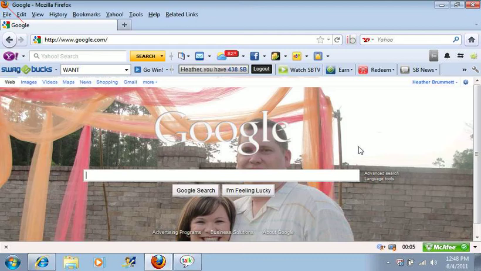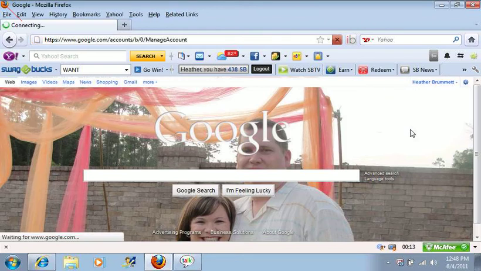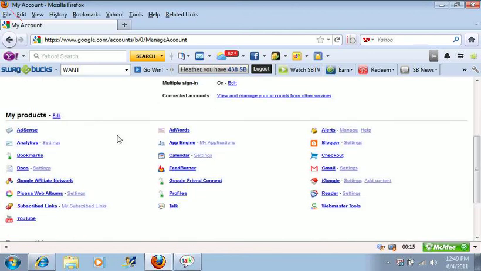I want to show you how to set up your AdWords through Google. First, you want to sign into your Google account, and then go down to your account settings. It's going to pull up your main page that you go to for your stats and all. You're going to click on AdWords,